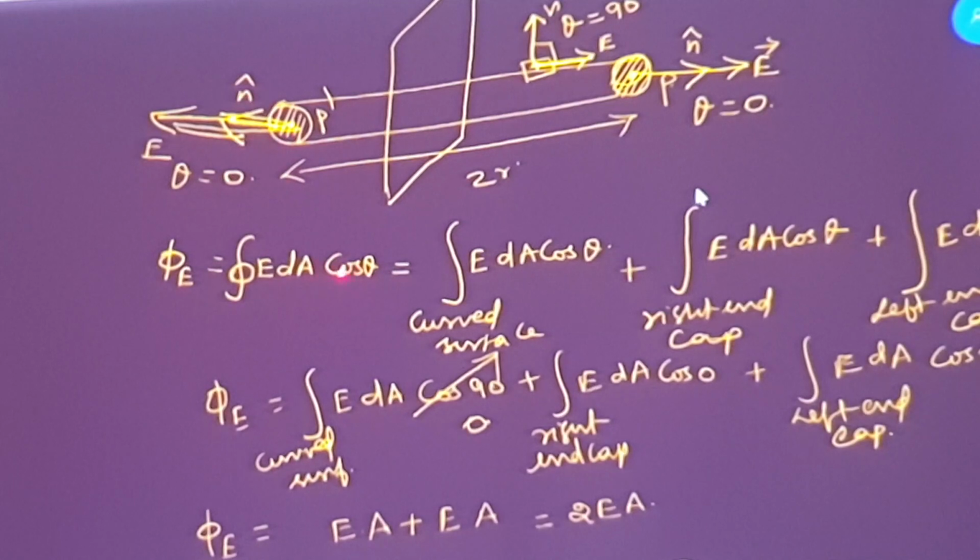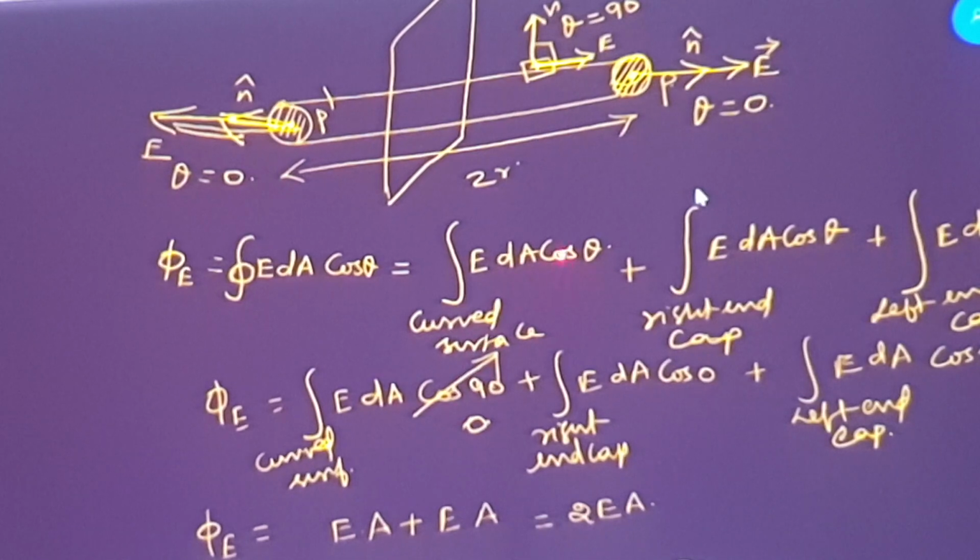So in order to calculate the value of theta, I am considering the normal drawn to the surfaces and the direction of the electrical field. I am taking a small area on the curved surface, the normal drawn is upward and the direction of the electrical field is radially outwards. So the angle between the two is 90 degrees. If you are considering the end surfaces, the angle is 0 since the direction of the electrical field and the direction of the normal drawn are parallel. So theta equal to 0.